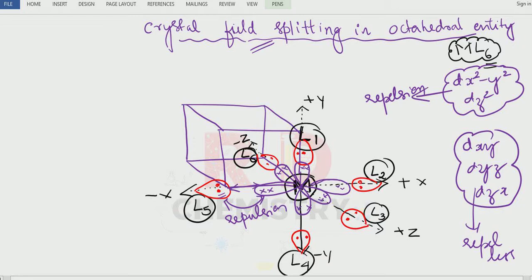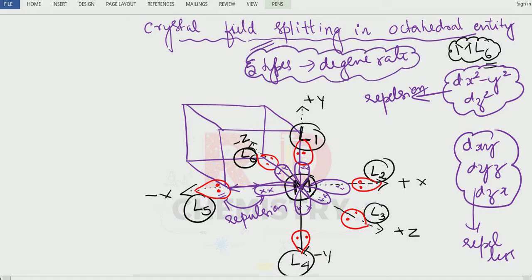Actually, altogether how many types of d orbitals do we have? 5 types of d orbitals were there, correct? And they were called degenerate d orbitals because without the ligands, all 5 types had the same energy. When the ligand now approaches, their energy will change. Their energy will have 2 different sets of energies. These 2 sets of energies are now called crystal field splitting. Splitting of the energy will take place, or we also call it the crystal field splitting. Clear? So that we'll study in the form of this sketch now.